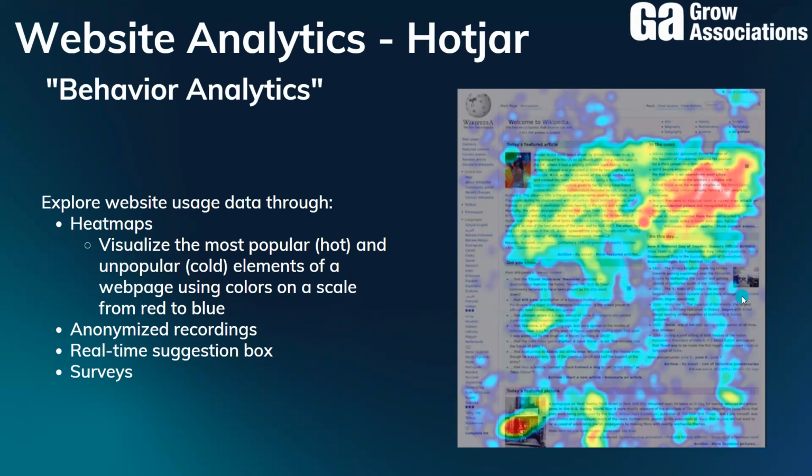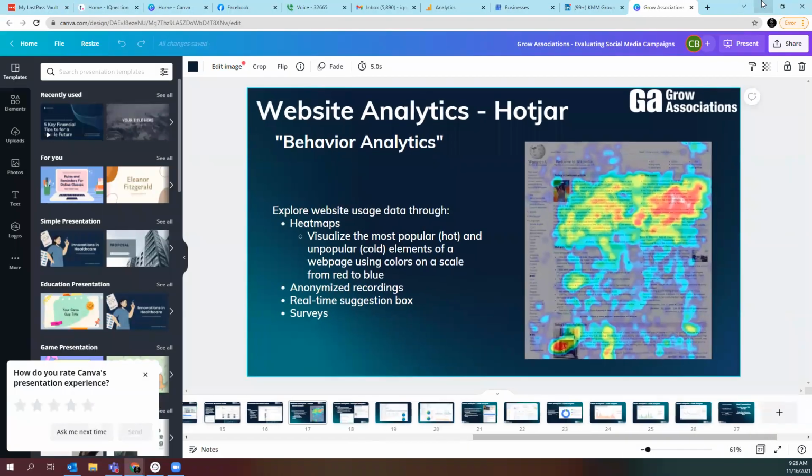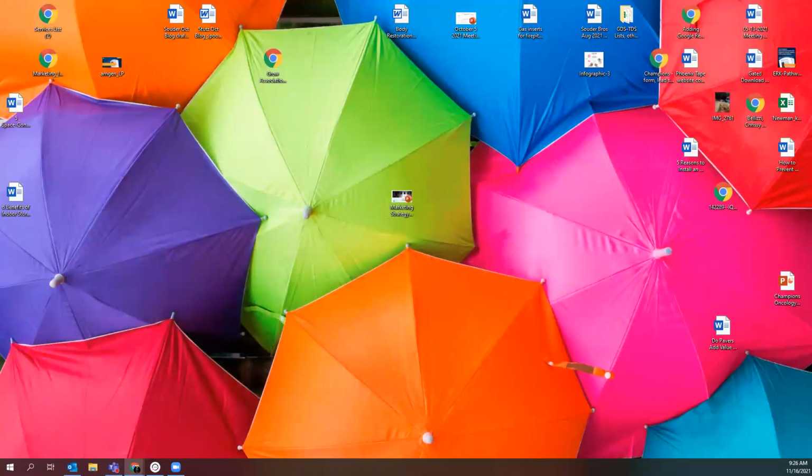So this is an example of a heat map right here, just the basic Wikipedia page, and it shows where people are moving their mouse throughout the site and where they're clicking. You can see a lot of people are interested in the news section over here and the featured picture on this particular example. So let me take a quick break from the PowerPoint here and bring up a video of the